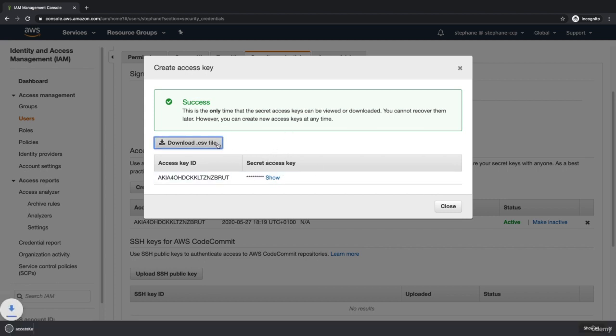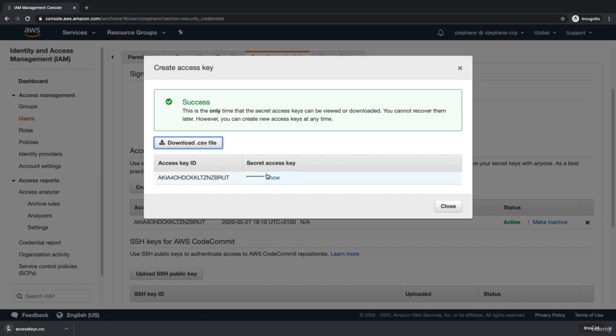So you can download a CSV file if you wanted to keep them on your computer, or you can show the access key ID and the secret access key. Again, these are secrets and they will be worthless for you because I'm going to invalidate them. Then we need to use these secret access key and access